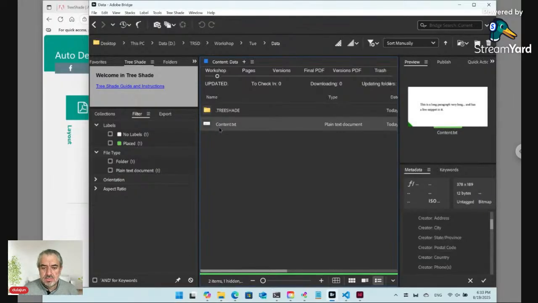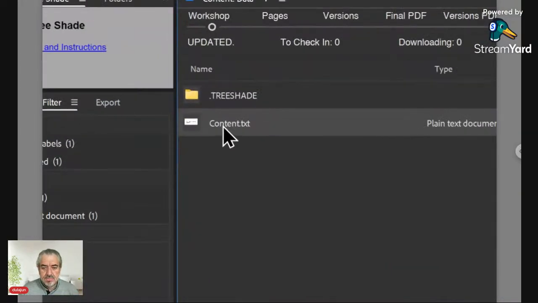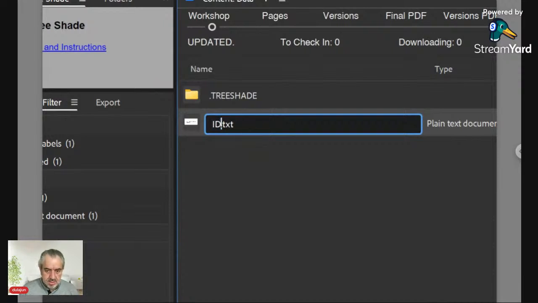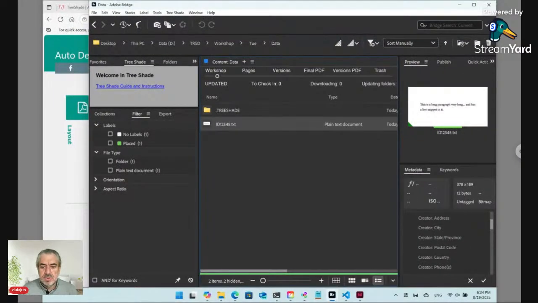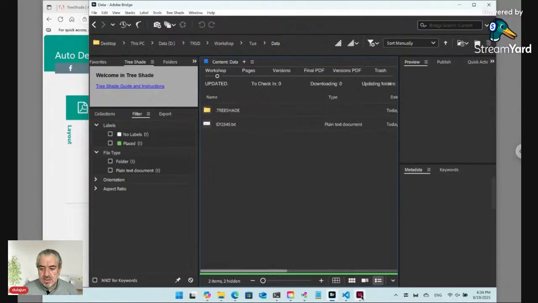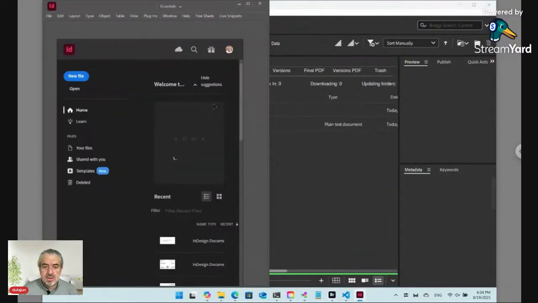So here, instead of content, I can write ID 1, 2, 3, 4, 5. And then I can, in Adobe InDesign,